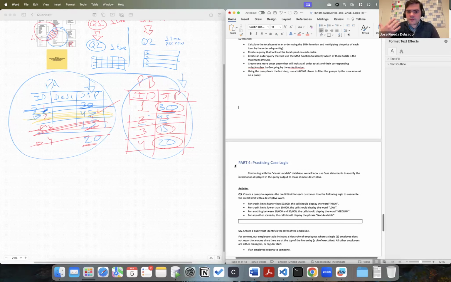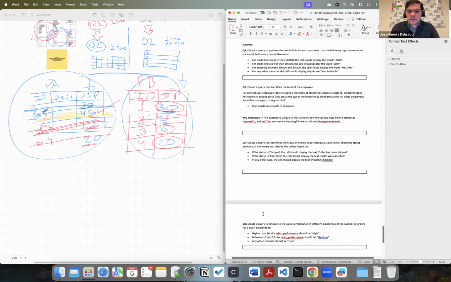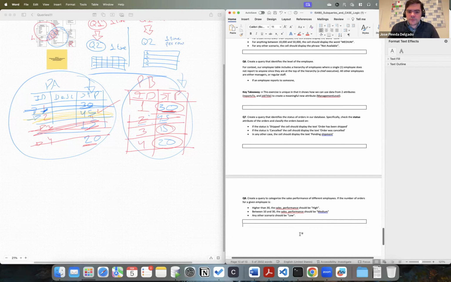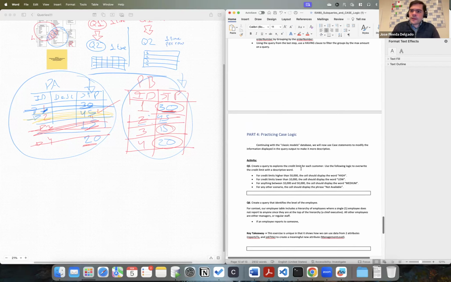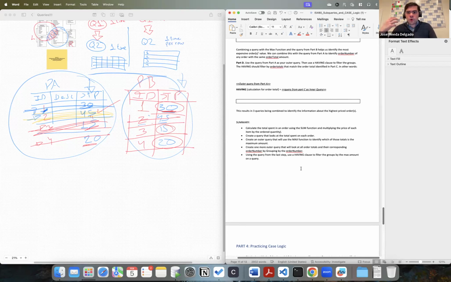Case logic, we have exercises in part 4. I added 4 different exercises. It's page 12 to 13. And what they allow us to do is essentially create new columns. Case logic is a way that we have to create new attributes with a particular value shown based on some